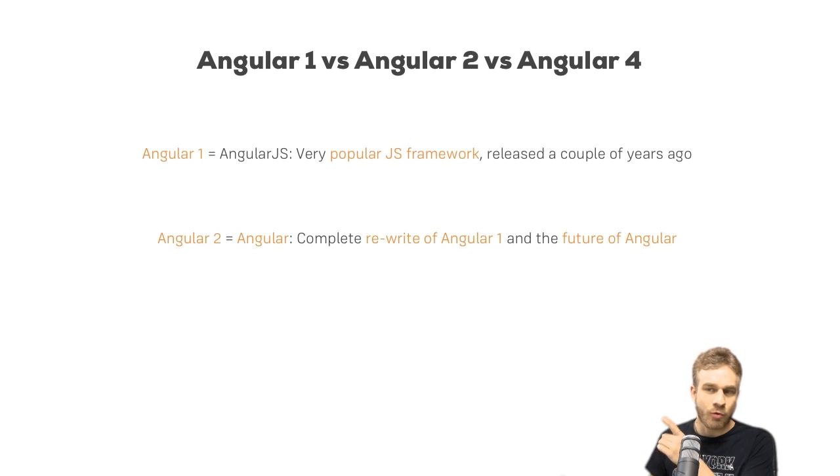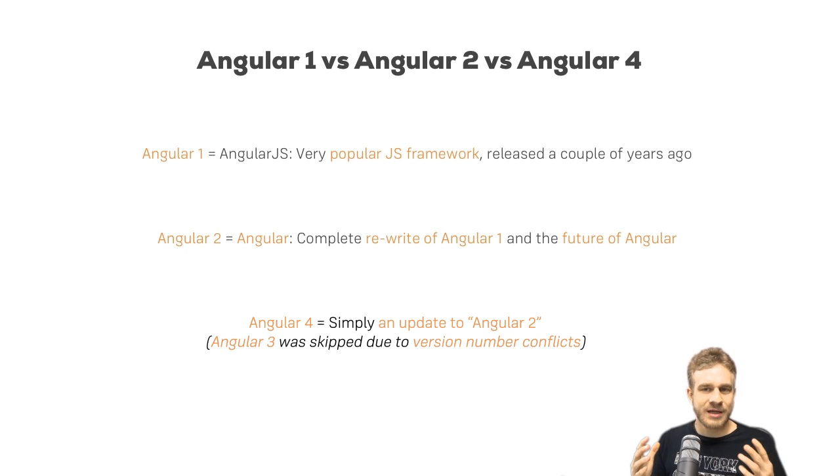Angular 2, or just Angular as it is called now, is the future. It is that renaming of Angular 2 to just Angular which explains what Angular 4 is. It's simply the next version, and version 3 was simply skipped due to some internal reasons. So that simply is the next version of Angular 2, you could say, and therefore also the future of Angular,